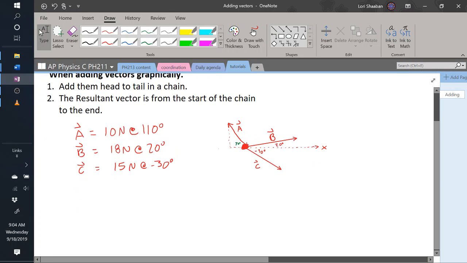So head to tail, the head of a vector is the point, and the tail of the vector is the end here. So we're just going to add them in a chain. It does not matter the order that you add them in. So let's just start with vector A, and it goes up at about 110 degrees. Then we can go vector B